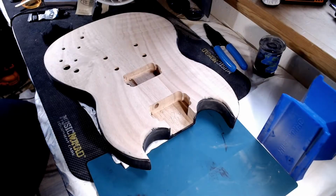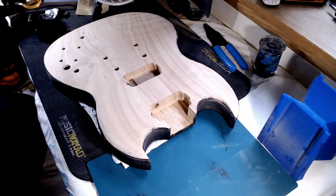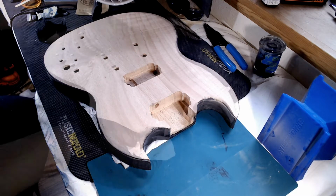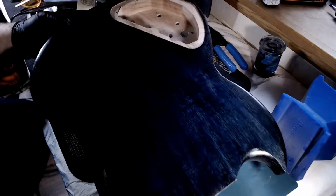Alright, so it's time to work on the front of the guitar. Now that I've kind of figured out how to do the back, now I can do the same sort of thing I did, but on the front. I wanted to start on the back first, just in case I needed to redo things, just to experiment with. Yeah, I don't know if you can see right here. I don't know if the lighting's right for this, but it's a nice